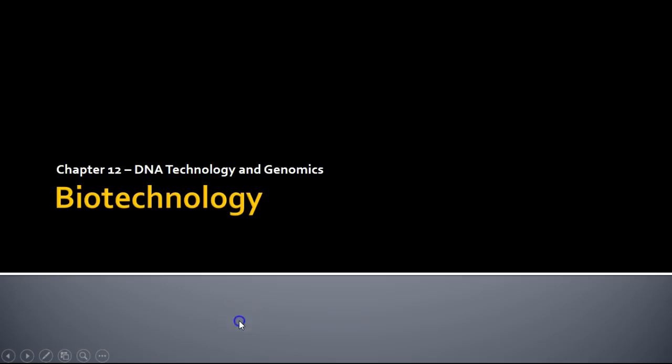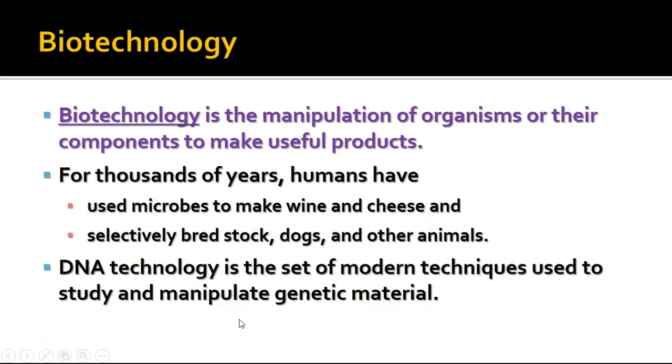These are the notes on biotechnology. Biotechnology, by definition, is manipulating organisms or parts of organisms to make useful products. And people have been doing this for thousands of years, actually. When we crossbreed plants or animals, when we make wine and cheese and beer and things like that, we're using